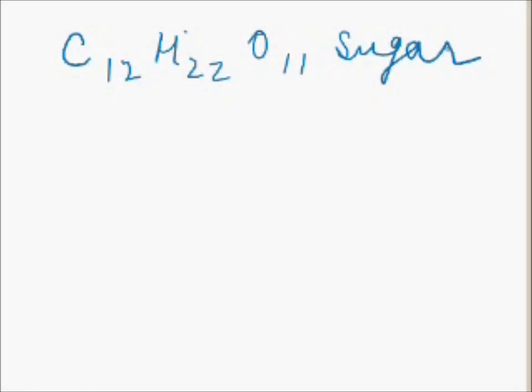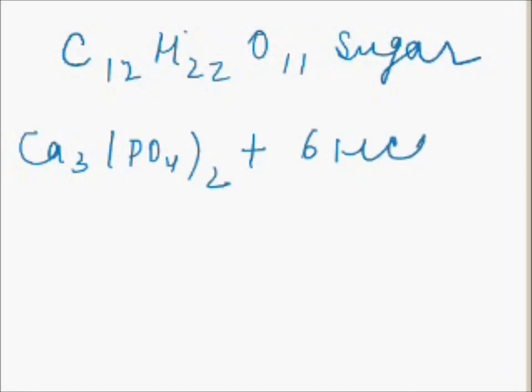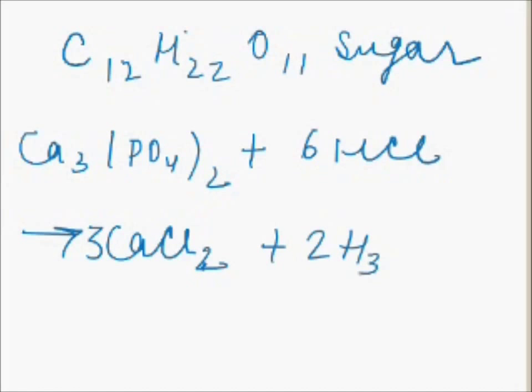Toothpastes are slightly alkaline and neutralize hydrochloric acid, and the chemical reaction which occurs is Ca3(PO4)2 reacts with 6HCl to form 3CaCl2 calcium chloride and 2H3PO4. Toothpaste also contains colorless coating materials, and our teeth get coated with these coating materials, and as